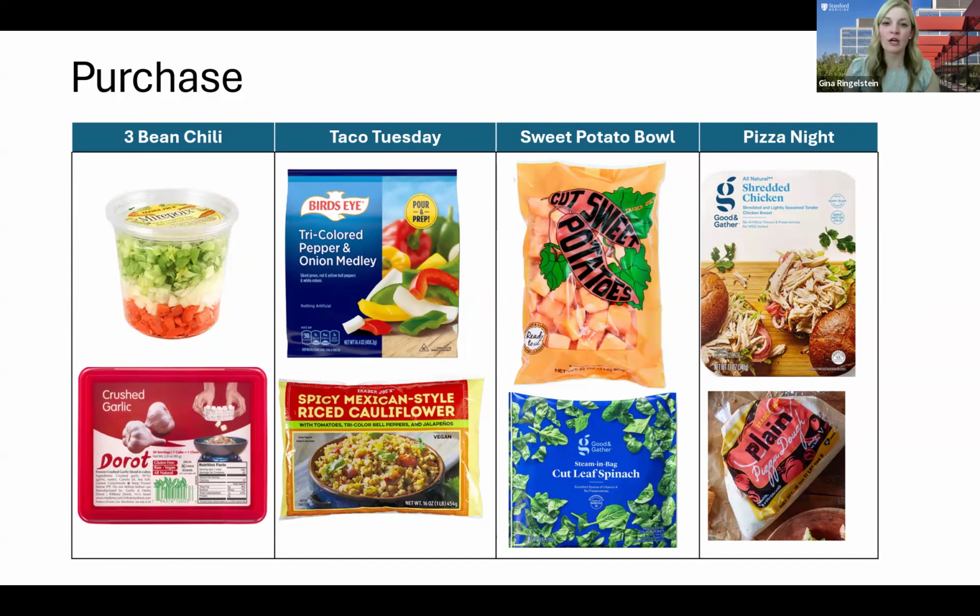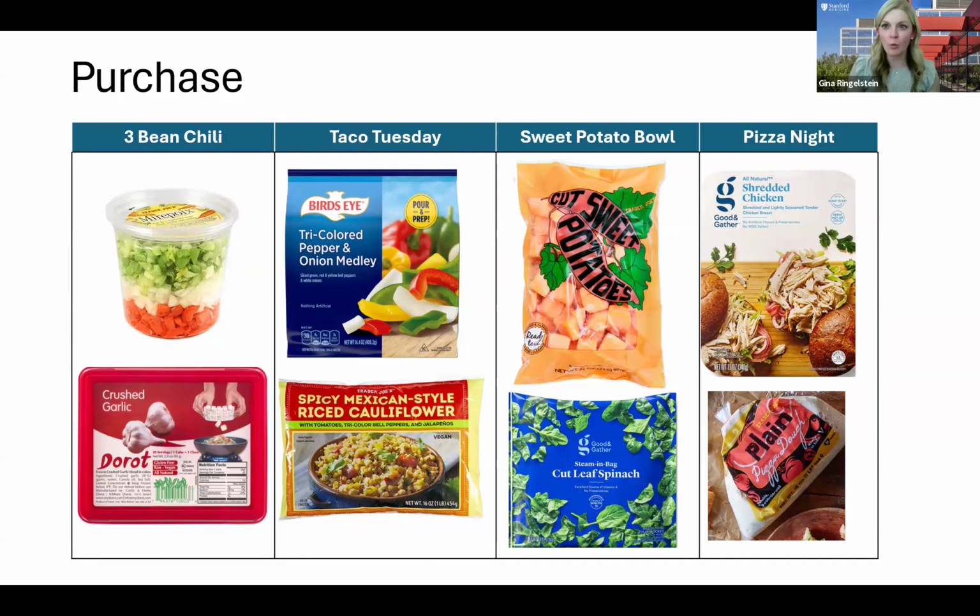For our sweet potato bowl here, maybe you love sweet potatoes, but again, thinking about chopping it is just something that you don't want to do. So again, you buy the pre-cut potatoes because you're willing to spend the time to make fresh protein the night of. Same thing for your pizza night, by making sure that you're also checking off that PFC, the protein, fiber, and color. We're going to get some pre-made pizza dough, put on all our fun, colorful toppings, but to make the protein part a little bit easier, especially on a Friday night when our tanks are empty, this is where we'll go ahead and have you add some pre-cooked chicken.